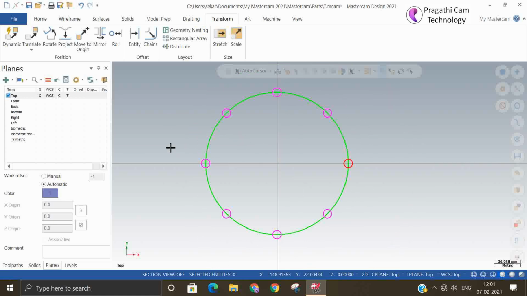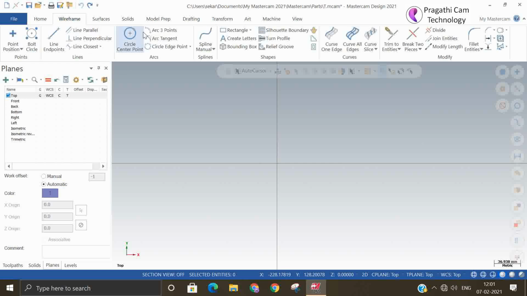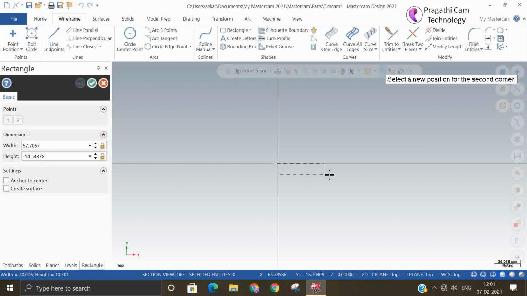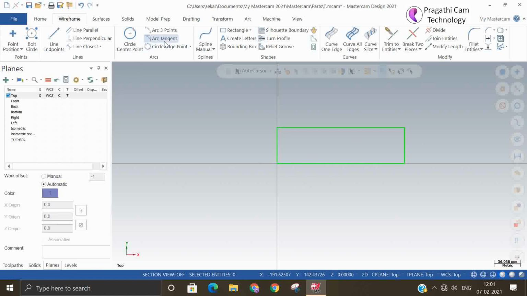So it is not applicable for only 2D. Wherever 2D or 3D, wherever you want, you can utilize this command to rotate. So suppose this is a rectangle.